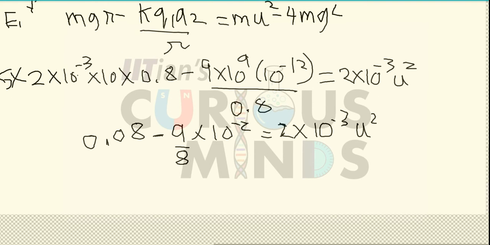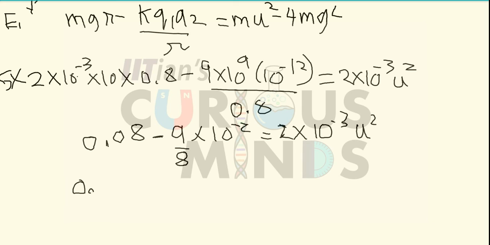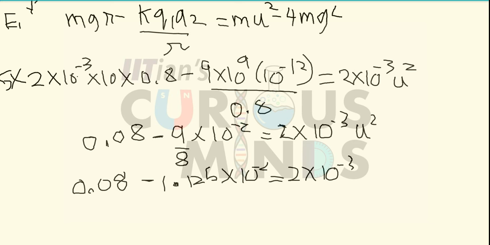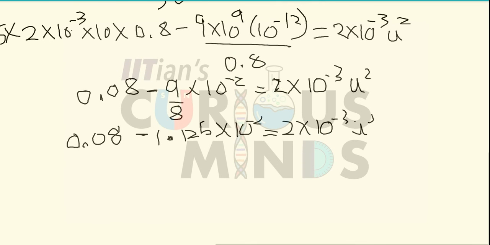So basically 9 by 8 will be, this is 0.08, 9 by 8 will be equal to 1.125 into 10 raised to minus 2 is equal to 2 into 10 raised to minus 3 u square. So basically it can be written as 0.0125. When I subtract 0.0125, it will be equal to 0.06